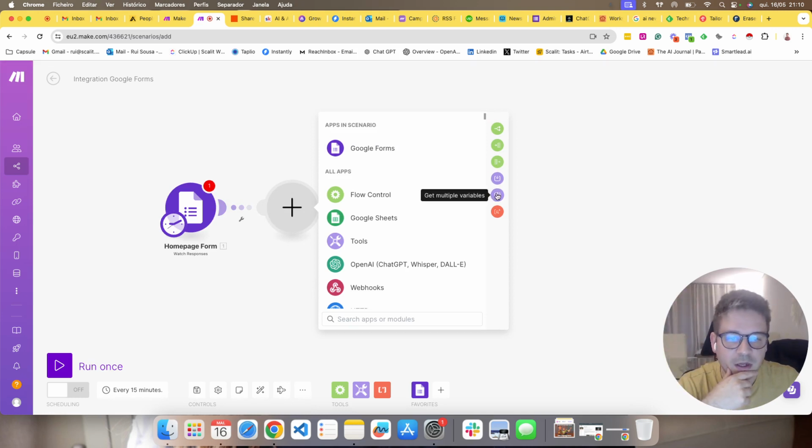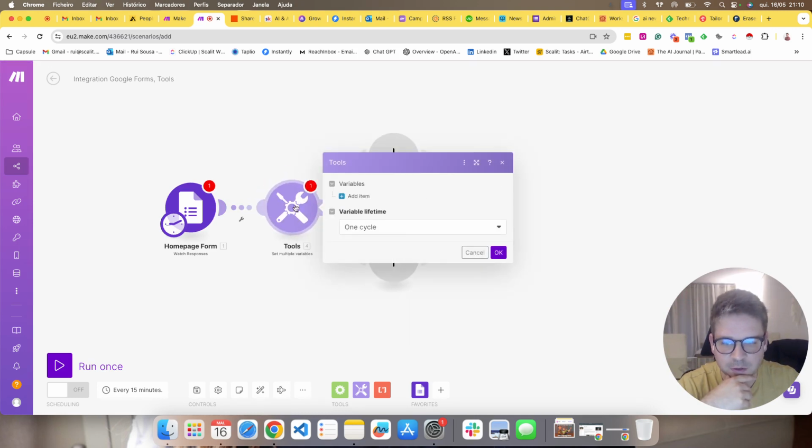And then you have these multiple variables and match patterns. The variables, these little tools here, you can do a lot of stuff. This is the one that we do the most, which is set a variable. Basically, you give value to a variable, right? So for example, if I want to give a text for ChatGPT to analyze, I can put the text here, say that is like a variable or a tool, and then I can continue